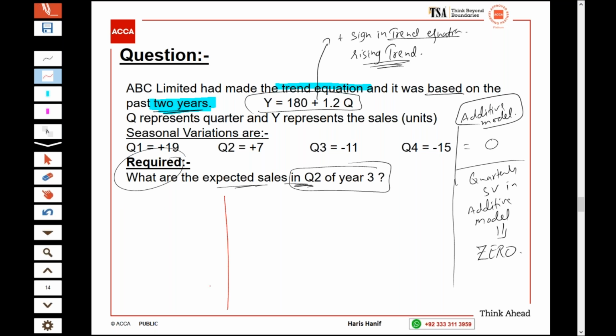They had made the past data of 2 years. In 1 year, we all know that there are 4 quarters. See, quarter 1, quarter 2, quarter 3, quarter 4,